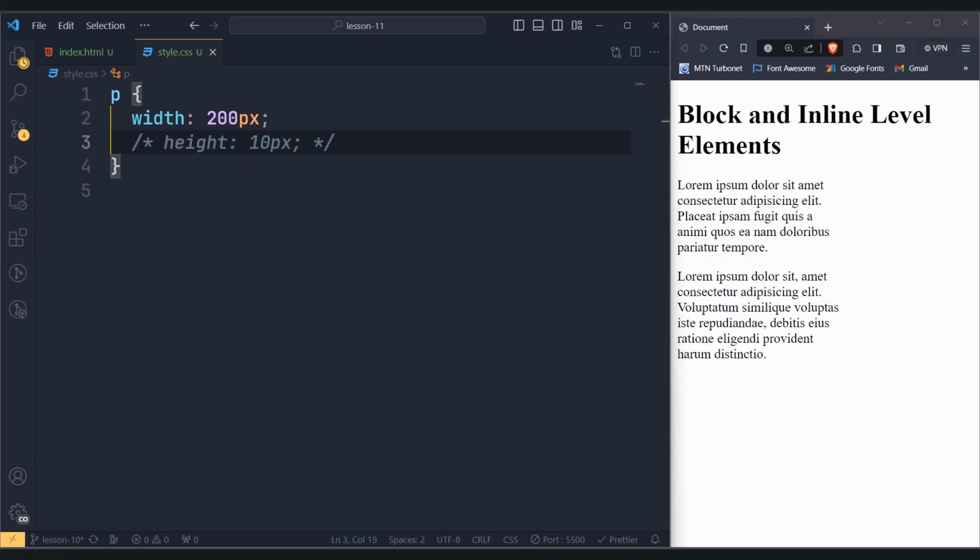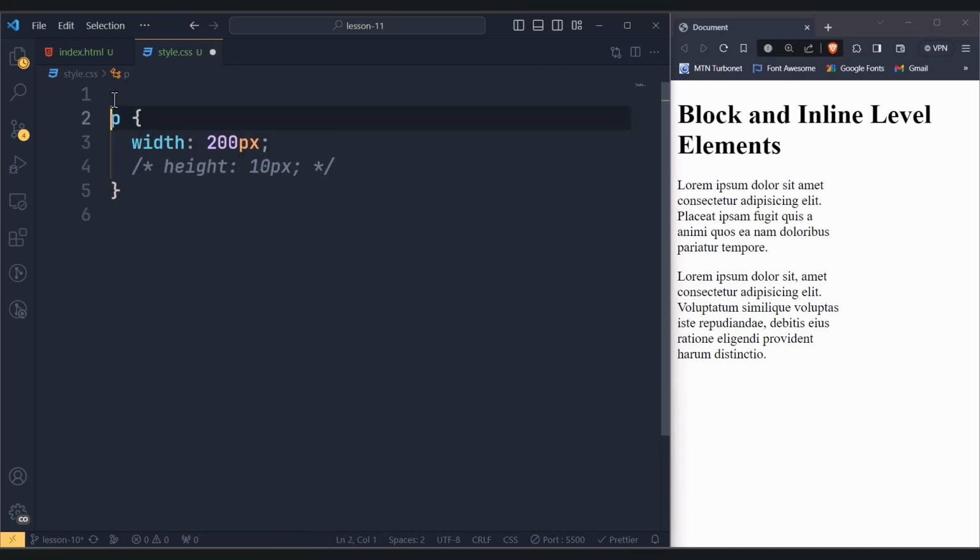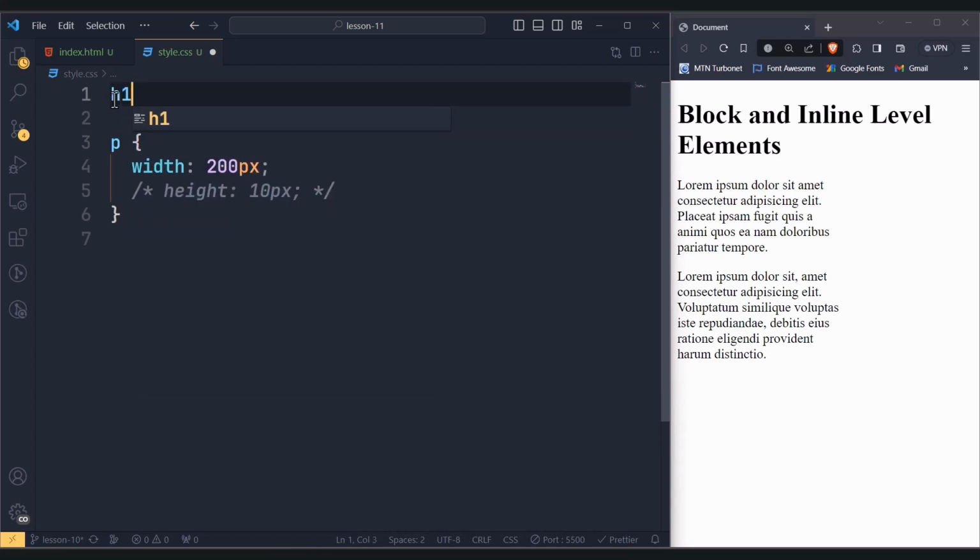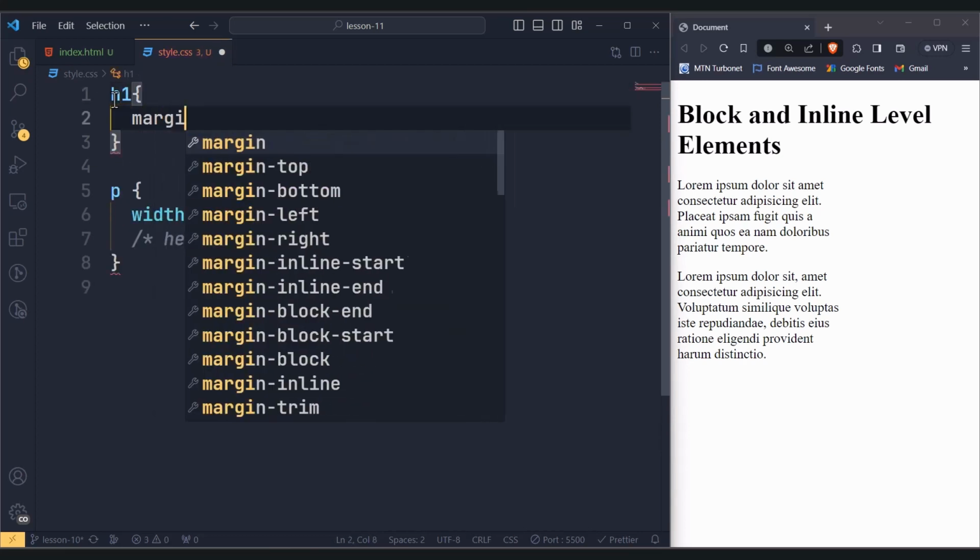Now, increasing the size of the element's padding, border and margins causes surrounding elements to be pushed away from the element, while decreasing the size of the element's padding, borders and margin causes surrounding elements to be drawn closer to the element. So on this h1, I'll just go ahead and select the h1, and then give it a margin of, let's say